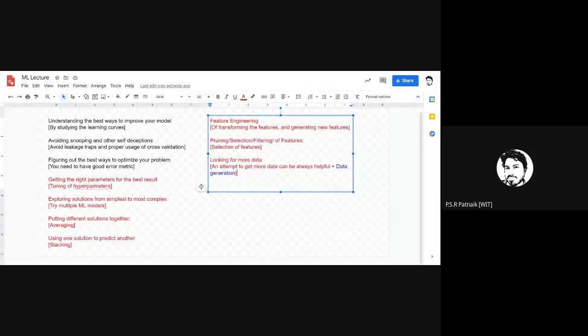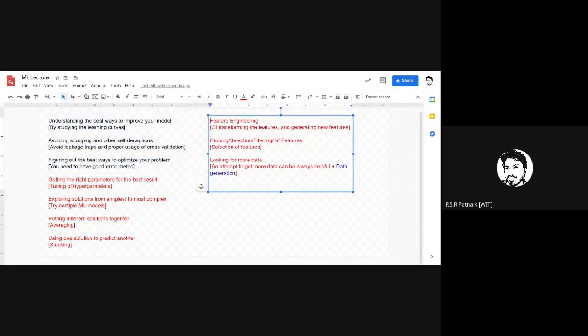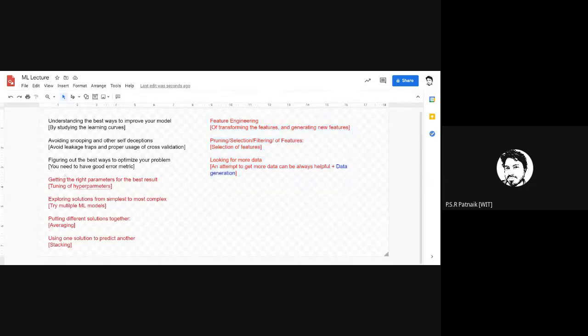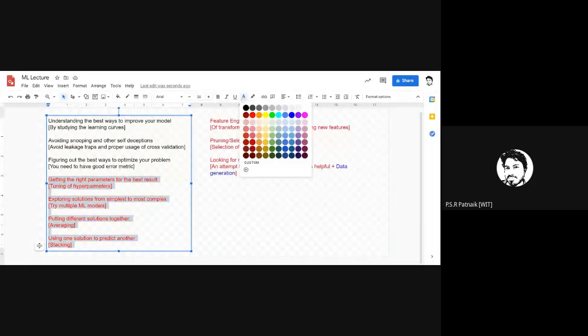Okay. So I hope you understood how the process of improvement of machine learning works. So these three are especially related to data, and these are related to algorithms. Let me make this in some other color.